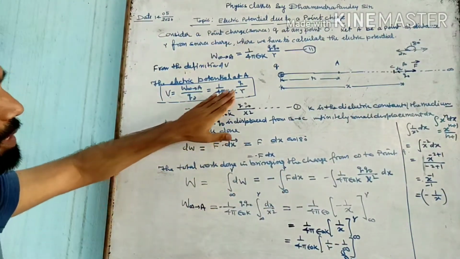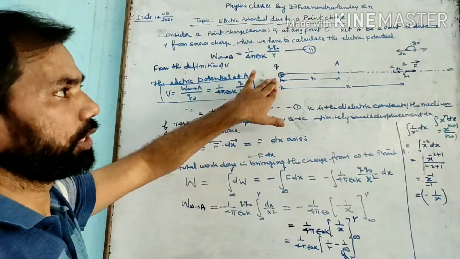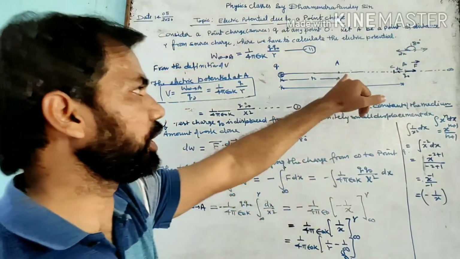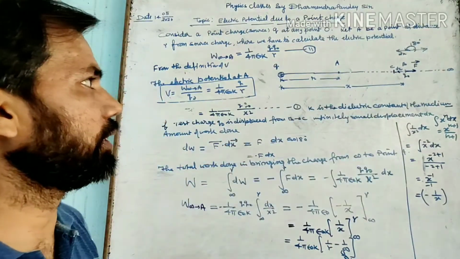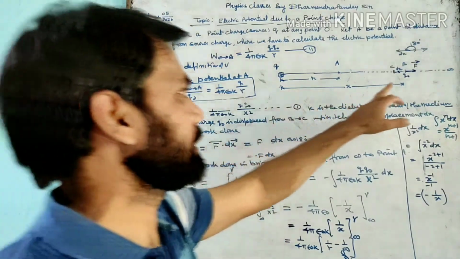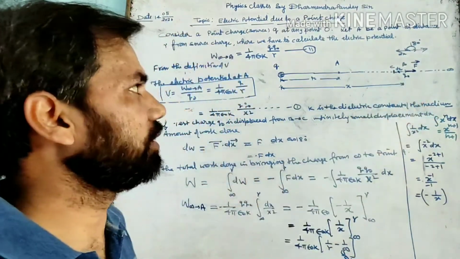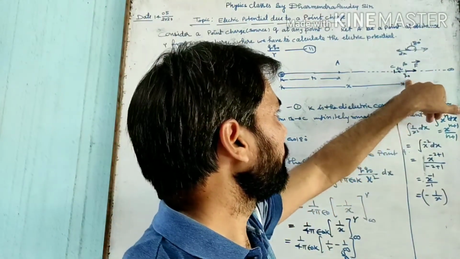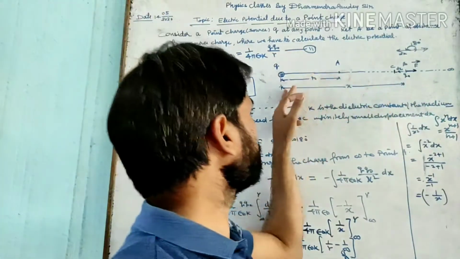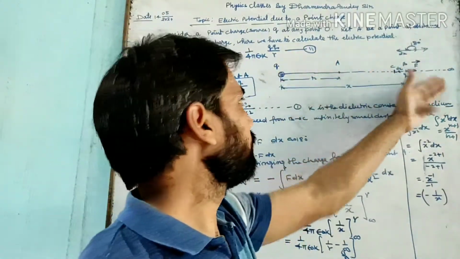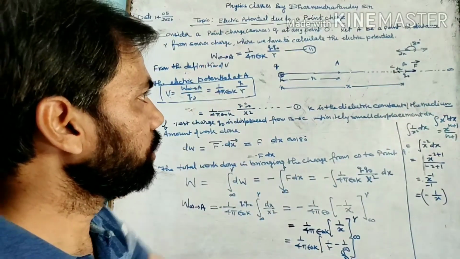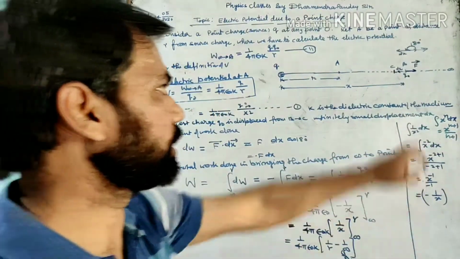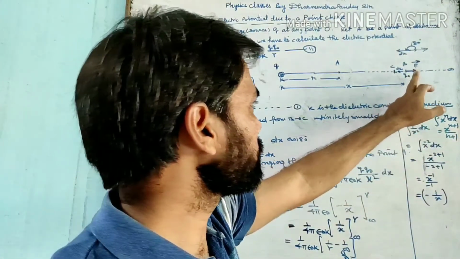So we must calculate the amount of work done in bringing any positive test charge from infinity to that point. In order to calculate that, we have considered initially the test charge lying at point B, which is at a distance x from the source charge along the line of path. So we have calculated the electric force between source charge and test charge, and since it is repulsive in